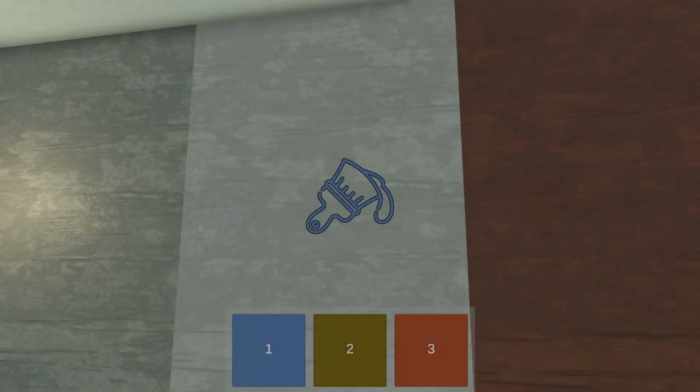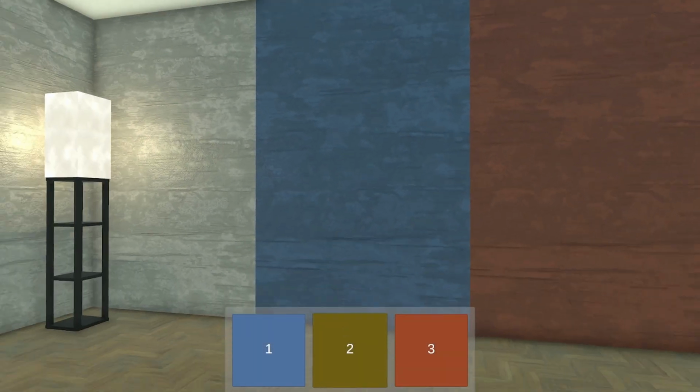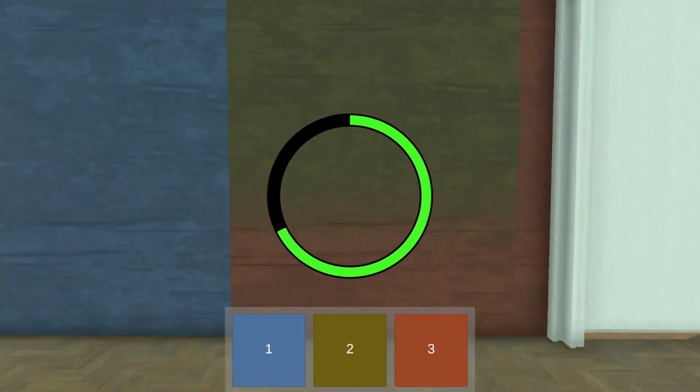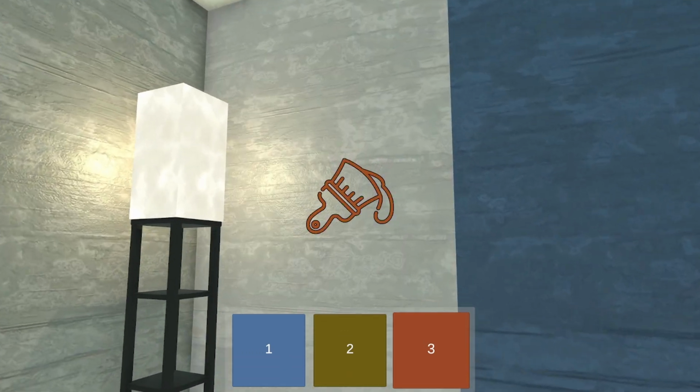In this video, I will show you how to create a wall painting game mechanic using a custom shader graph